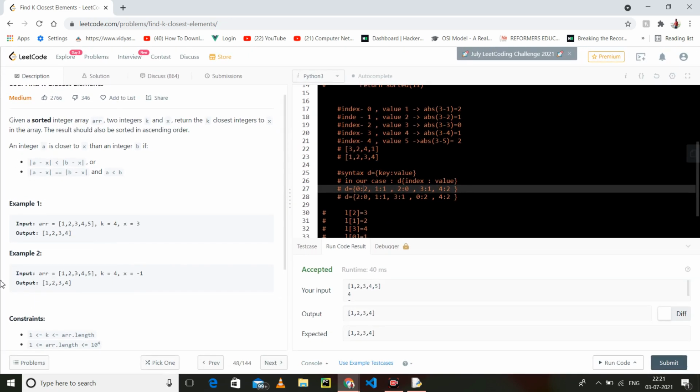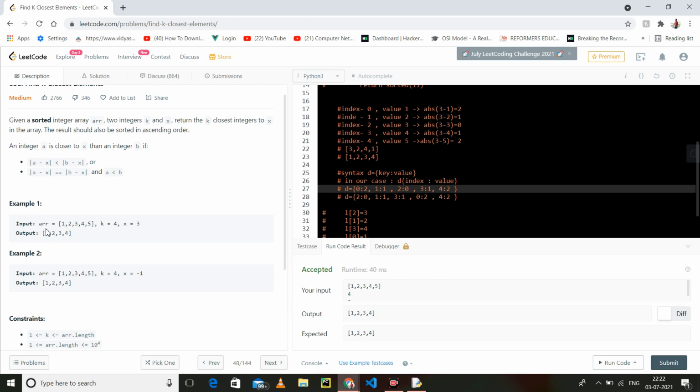I have to return the values in sorted order, so for that I need the indexes. If I get the indexes 0 1 2 3, these 4 indexes which are closest to x, I can directly go to those indexes, fetch the elements and return our list.